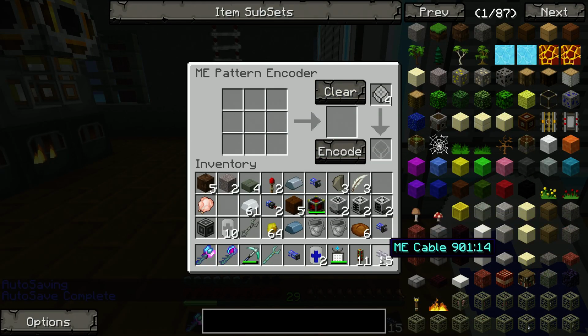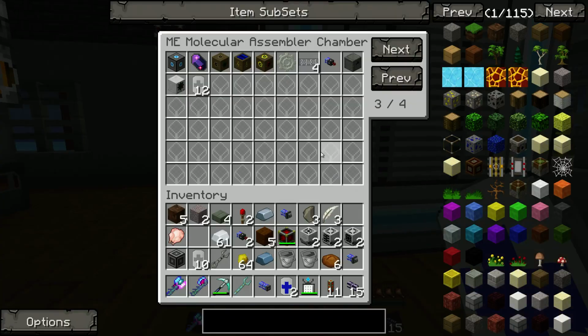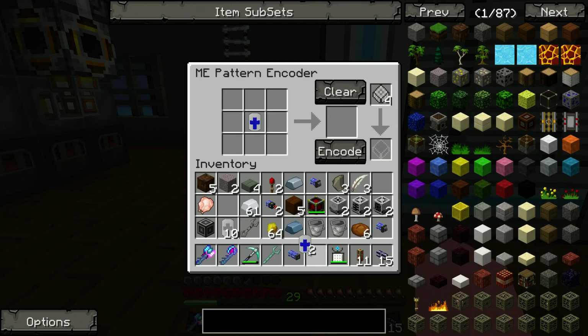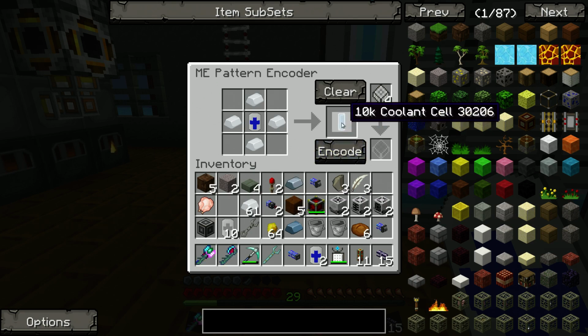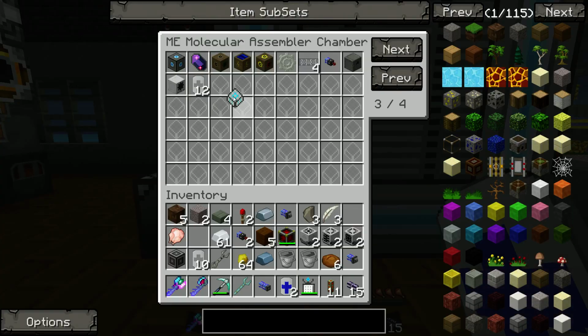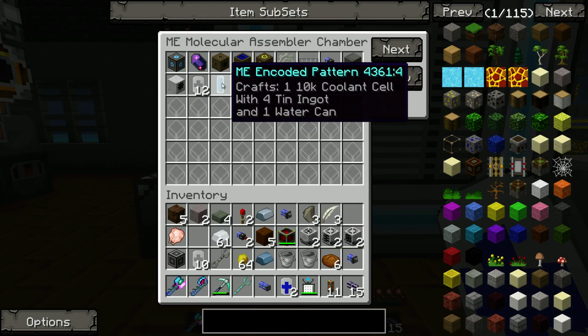Clear. Did I make that? Did we actually make the water cell? No, I don't think we did. Oh, yes we did. Alright, so the tin can's there. Now that we've got the water cell, I believe you surround this with 10, and that makes the 10K coolant cell. So we need to encode that. There we go. Alright, so clear. Now we put that in here, and so that's going to make...